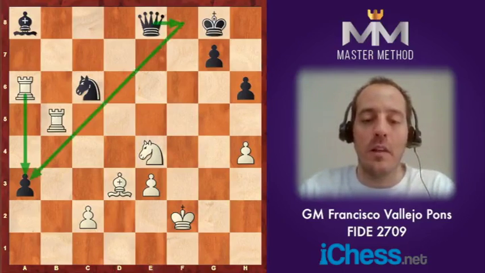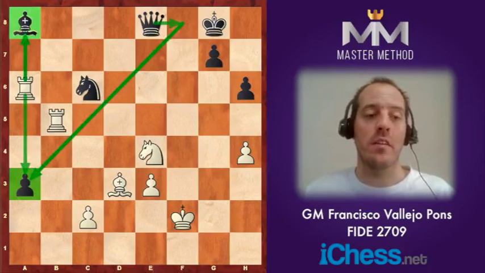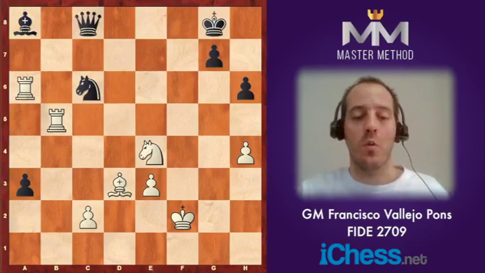And that's why he played, actually, I mean, rook a6 is a very logical move. Now I'm controlling this pawn, I'm attacking this bishop on a8, so I cannot let his queen go away anywhere. So I have a lot of control here. He went queen c8,